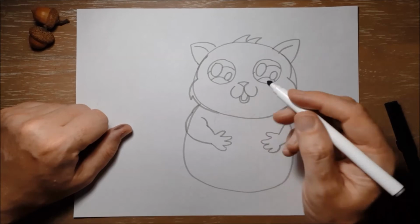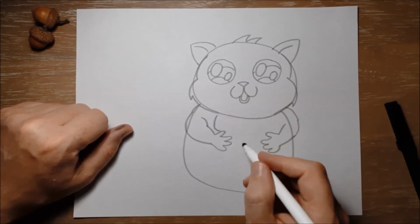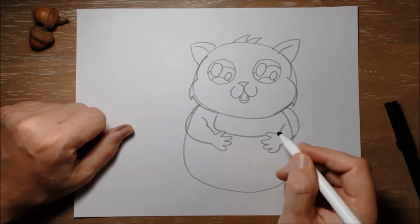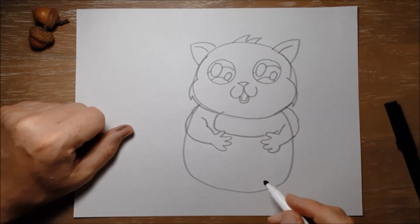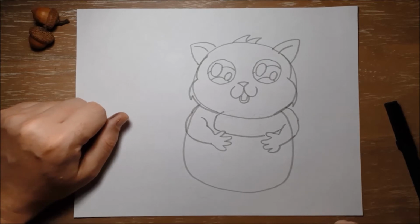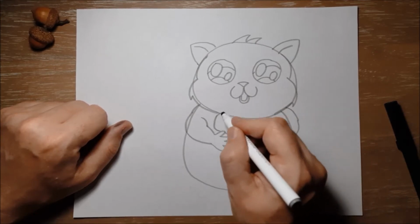Now, Sigmund is holding a really big green acorn. It's a new acorn, which in fact, probably a real squirrel wouldn't have a green acorn, because they're too new to eat. But I was thinking that if I made it brown, it would be hard to see against the rest of his body. Okay, so basically, I'm going to draw